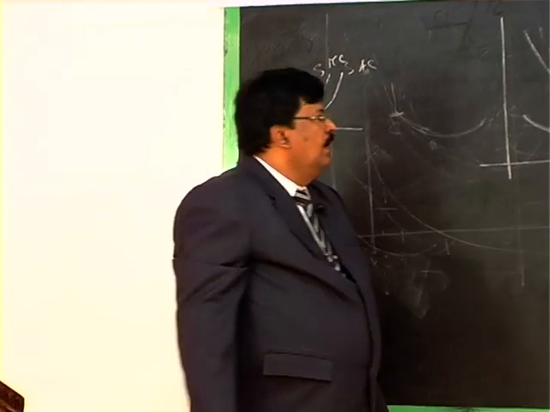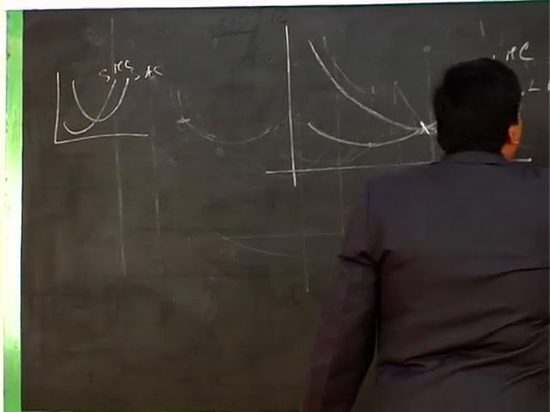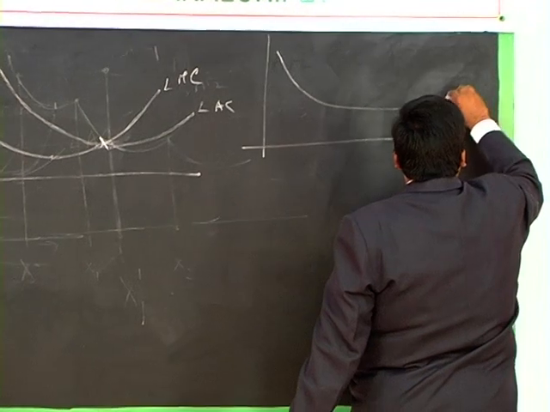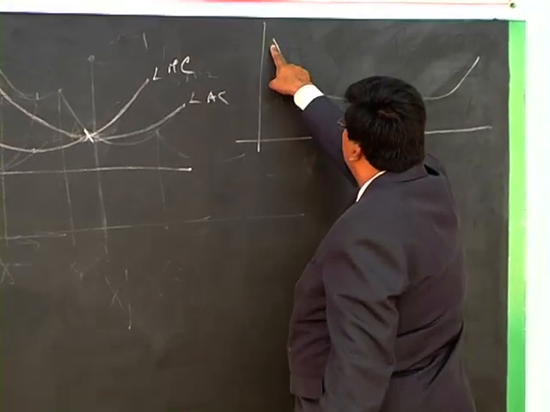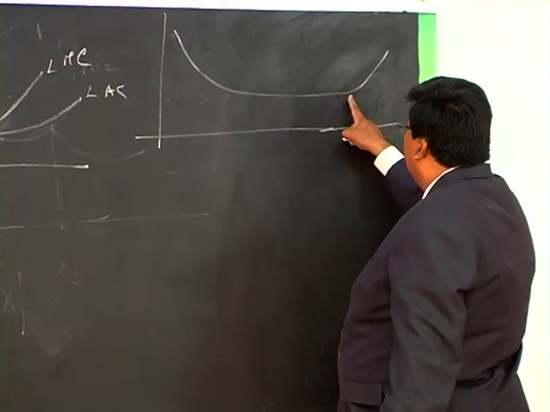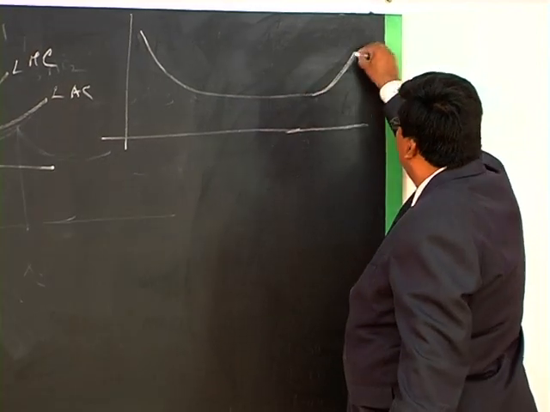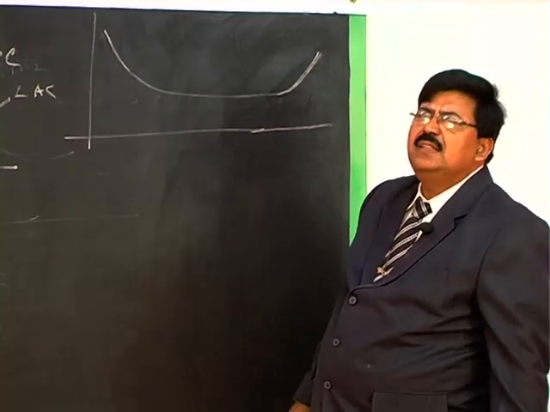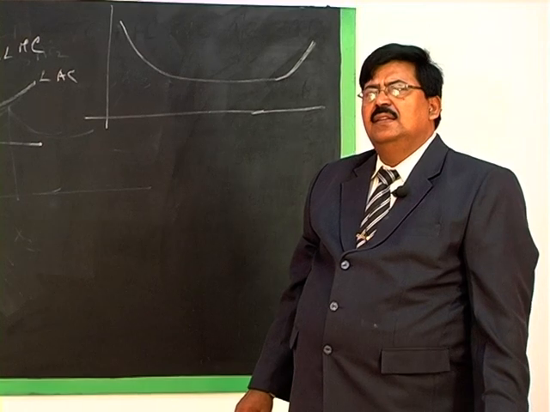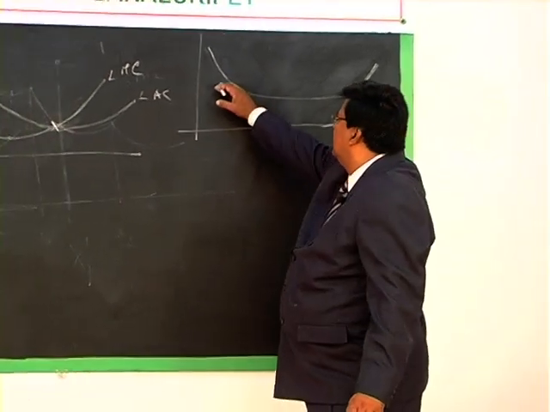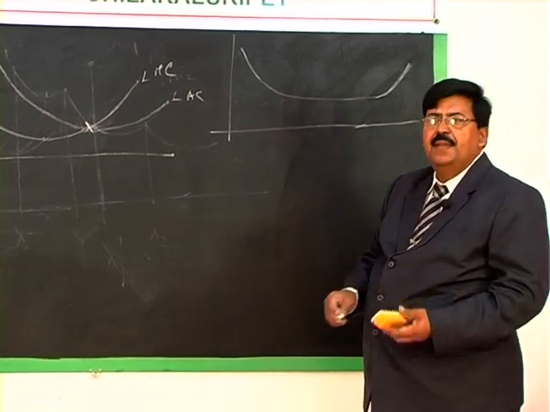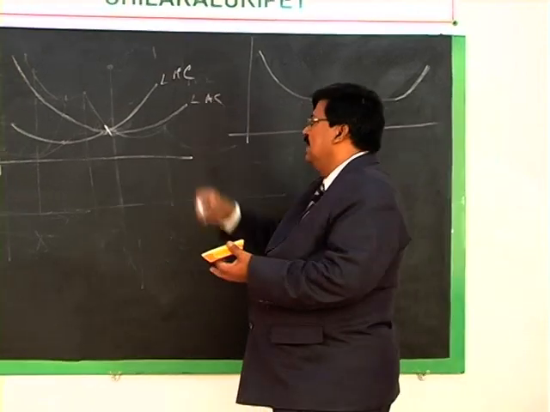And what would be the real shape of LAC? Empirical studies proved that LAC is saucer shaped like this. So this is economies of scale, and this will continue for a period, and only then do diseconomies take place, giving rise to the rising portion of LAC. So LAC is usually saucer shaped, and so long as the firm maintains control over its operations, or economies of scale continue, or it avoids the diseconomies, the U shape becomes a saucer shape. This is the shape of LAC, and this is LMC.